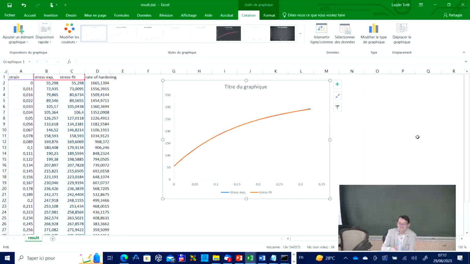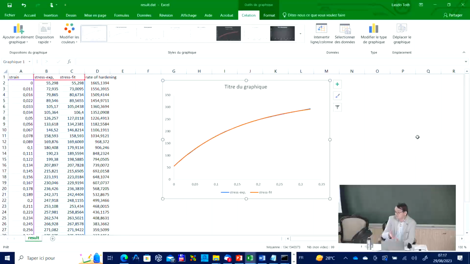It could be useful for an engineer to make his calculation because it's an analytical function with a low number of parameters. But we go further. You want to use the parameters in a VPSC modeling. So the next job will be, if everybody finished,